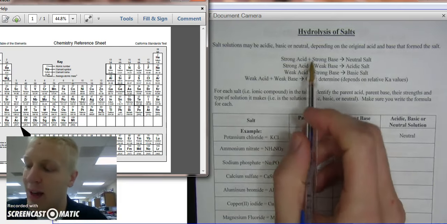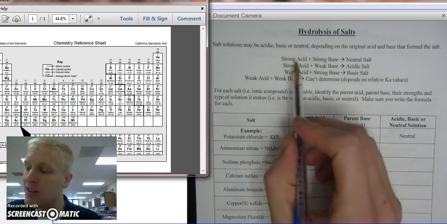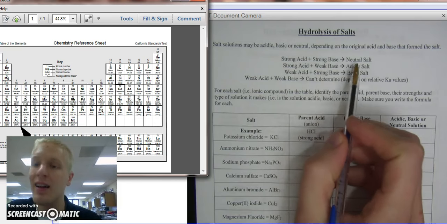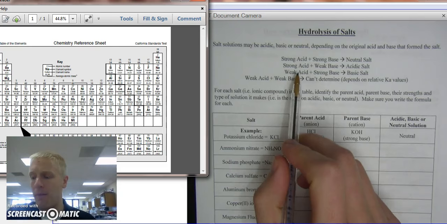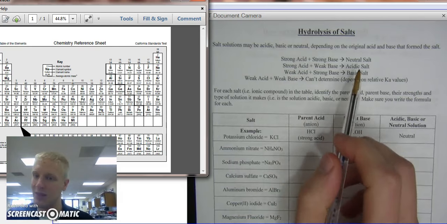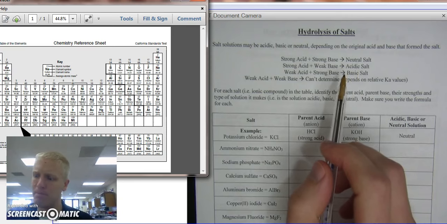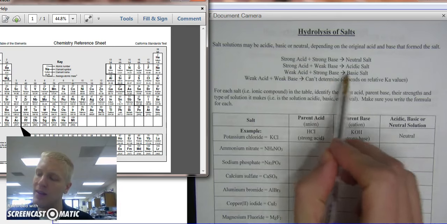First of all, we have to look at the parent acid and parent base. If both are strong acid and strong base, you should have a neutral salt. They'll neutralize each other out. If you have a strong acid with a weak base, you're going to form an acidic salt because it's still a little more acidic. If you have a weak acid with a strong base, then you're going to have a basic